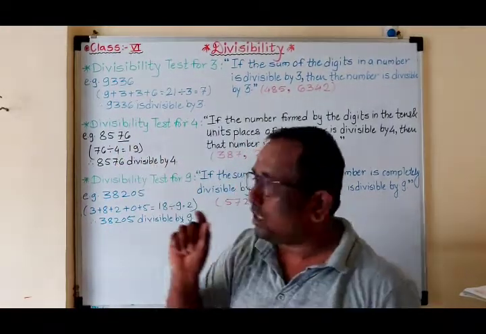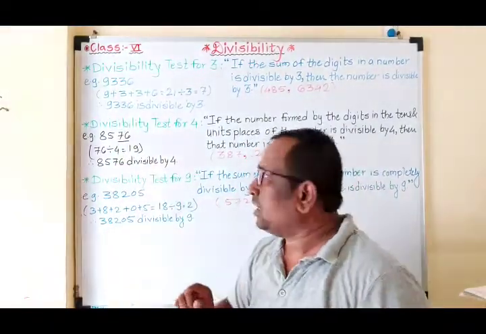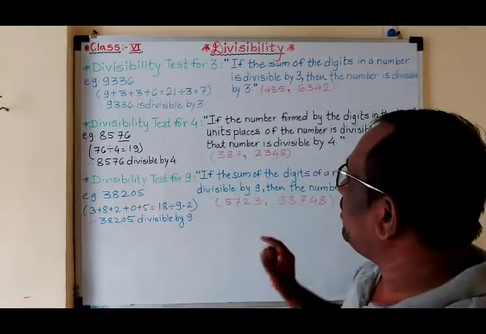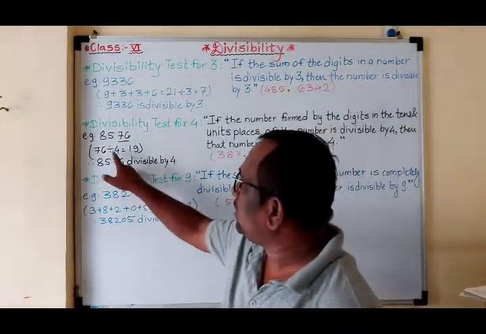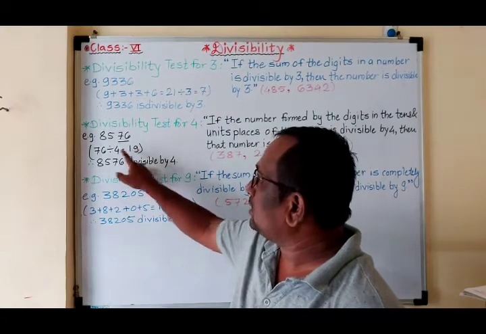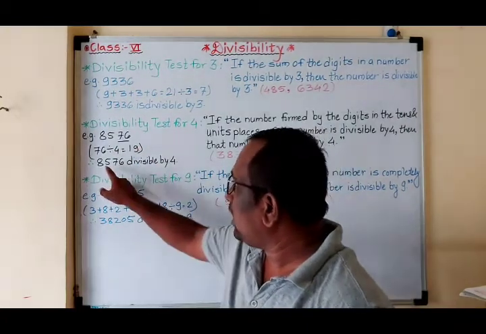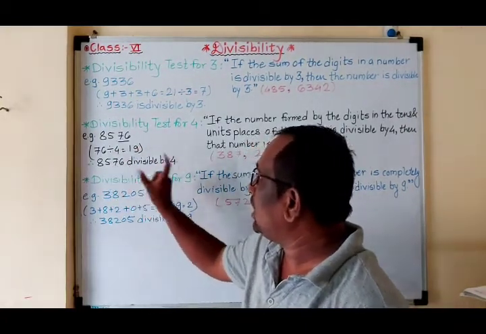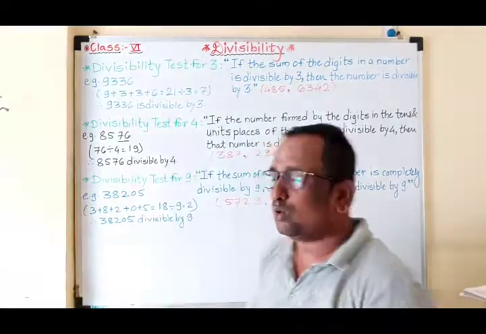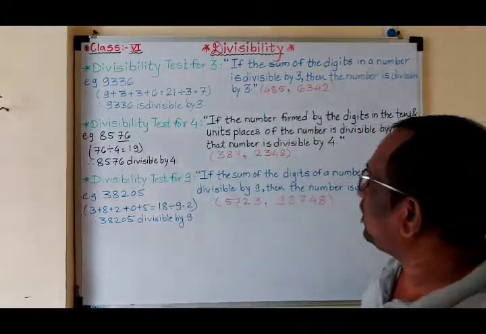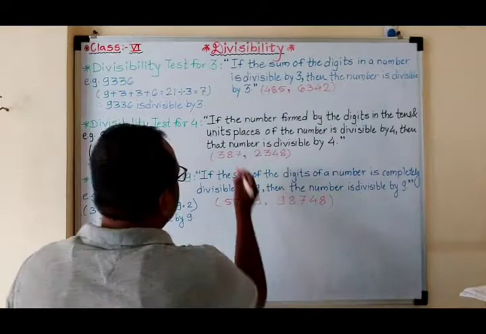So only this tens place digit number that we have to divide by 4. So 76 divided by 4. So 4 19s are 76. So 8576 is divisible by 4. This way you have to solve. Now two more examples I wrote here. We will see this. First is